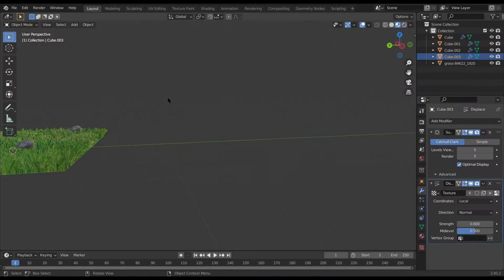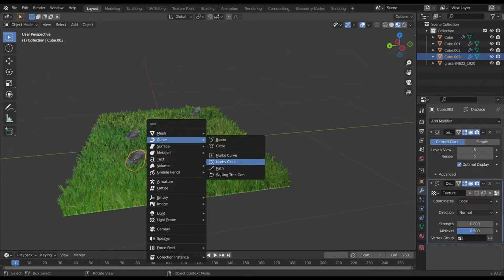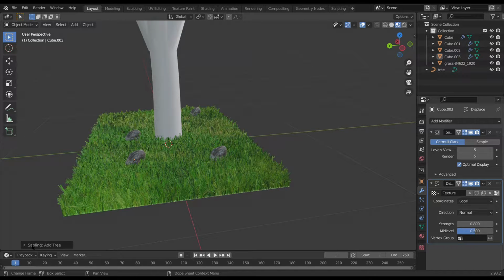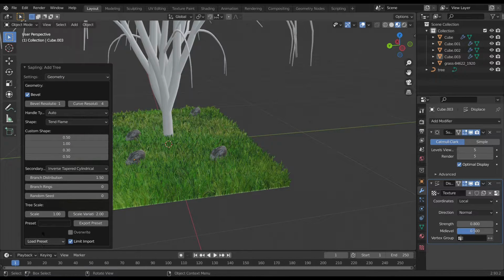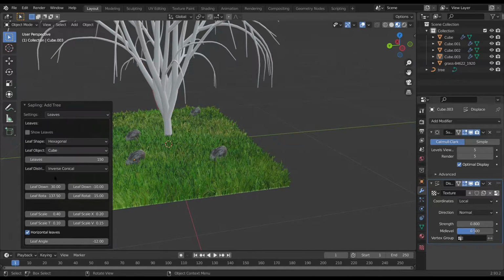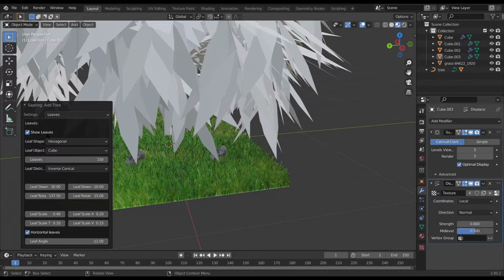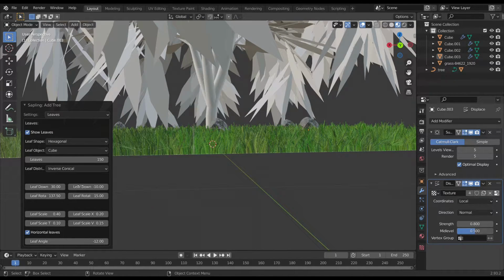Okay, so now for the trees, you need to have an add-on enabled called Sapling Tree Gen. So once you've had that enabled, Shift A, go into Curves, Sapling Tree Gen, and it'll create that. Go into the tab below here, change the scale to something around 1, or even something a little lower, something around 0.5. There we go, we've got our tree. Go into settings, geometry, leaves, and show leaves. There we go. So now what you're going to want to do is change the leaf scale